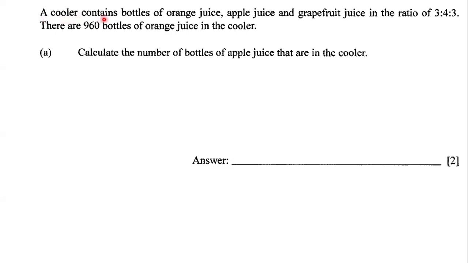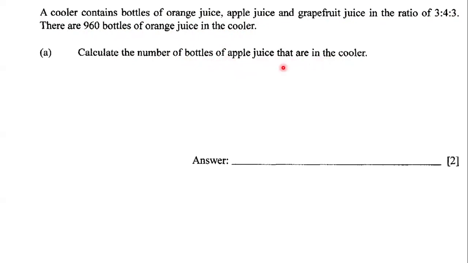A cooler contains bottles of orange juice, apple juice, and grapefruit juice in the ratio of 3 to 4 to 3. There are 960 bottles of orange juice in the cooler. Calculate the number of bottles of apple juice that are in the cooler. And so our goal based on this question is to determine the number of bottles of apple juice that are